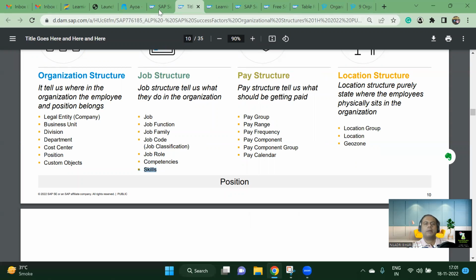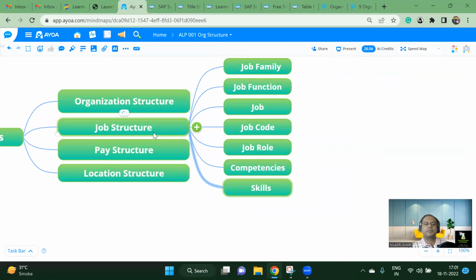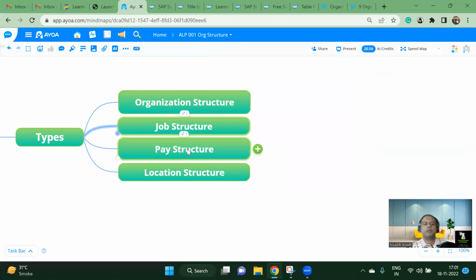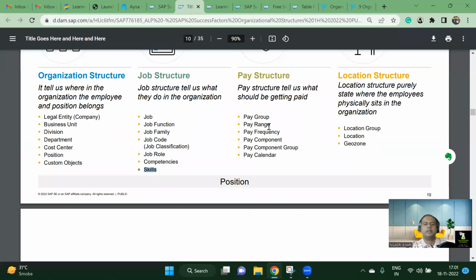Yeah. Now coming to our pay structure. Okay, so you got an overall idea about the job structure, job. So the JD will be around this job, right? Now moving to the pay structure, the third one, it is straightforward. We have six components here: pay group,